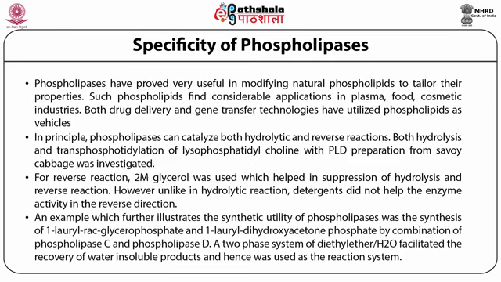An example which further illustrates the synthetic utility of phospholipases was the synthesis of 1-lauryl glycerophosphate and 1-lauryl dihydroxyacetone phosphate by a combination of phospholipase C and phospholipase D. A two-phase system of diethyl ether and water facilitated the recovery of water-insoluble products and hence was used as the